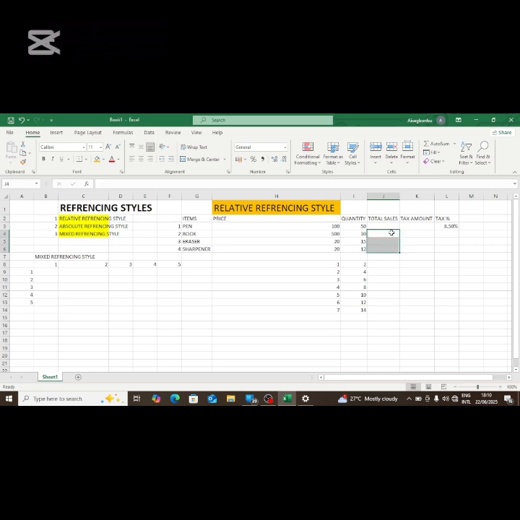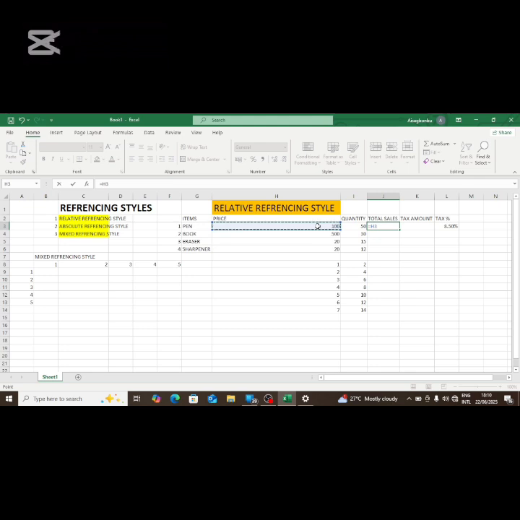Delete, and I'll be using the addition formula this time. So equals is a very important thing. It gives Excel the signal that you're about to do a calculation. Sometimes you can actually just do it like this, but equals is a very important signal to Excel that you're about to write a formula. So since you're actually doing